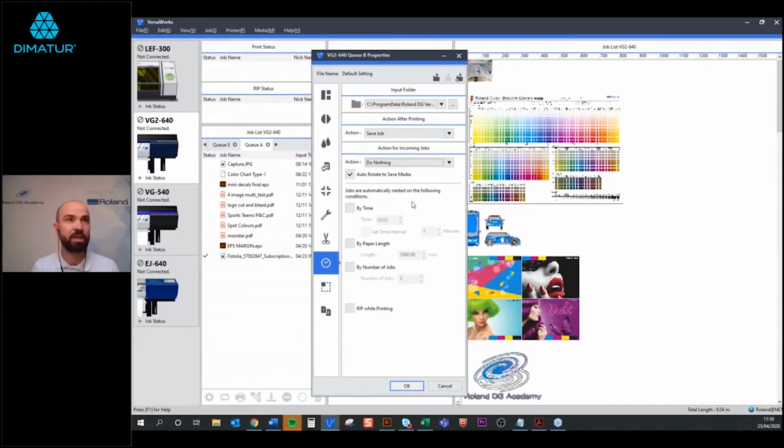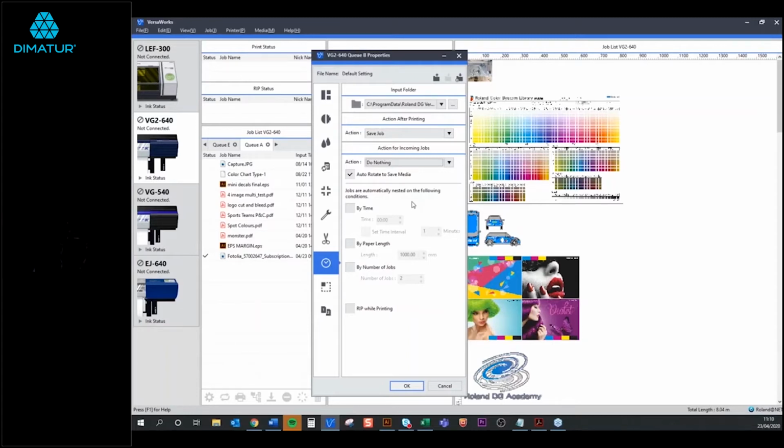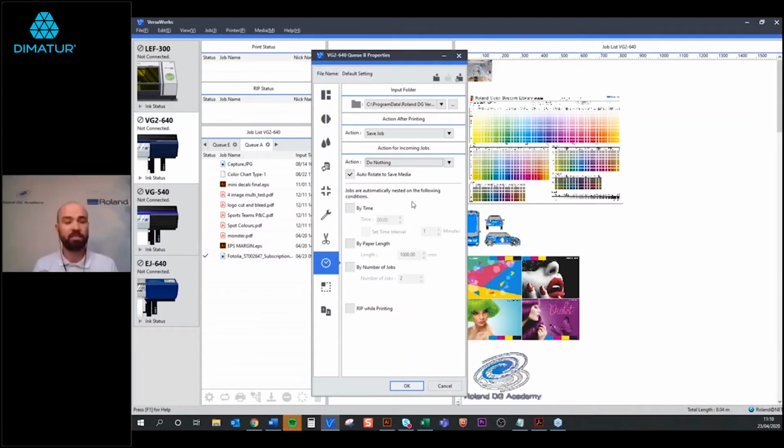A common thing may be if you have an input folder for QA, for example, on a shared drive, that could be called vinyl inputs. QB could be banner inputs, QC could be t-shirt inputs. And that's how you can get people to know what the names of the queues are, and where they're saving